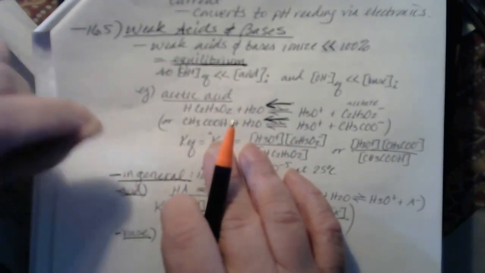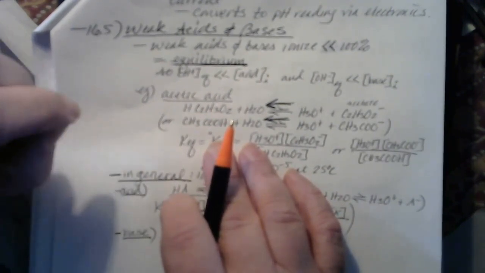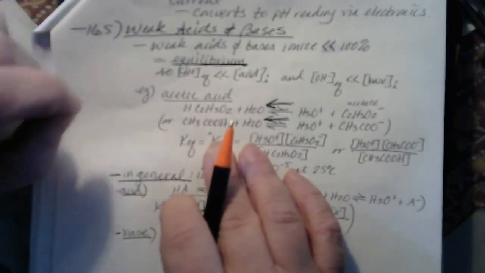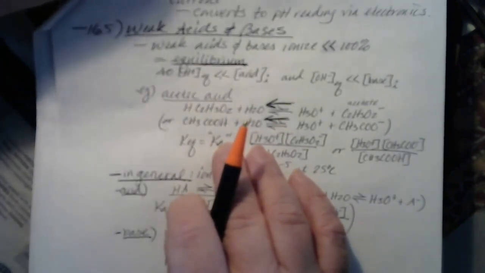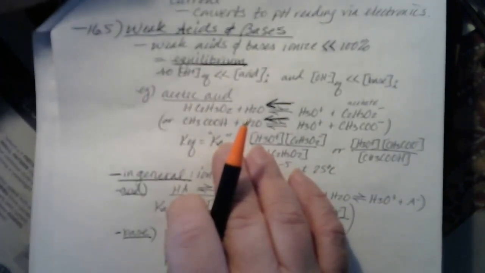We don't know how many of those molecules of acid in solution are actually going to give off H+ ions into solution. We know it's not going to be all of them. In fact, we know it's not going to be anywhere near all of them, but we don't know how many. And so we have to go through a series of calculations involving ICE tables and fun stuff like that in order to find out how many of those molecules will be ionizing and what the H+ ion concentration is at equilibrium. So we don't know what the H+ ion concentration is just from the concentration and identity of the acid,